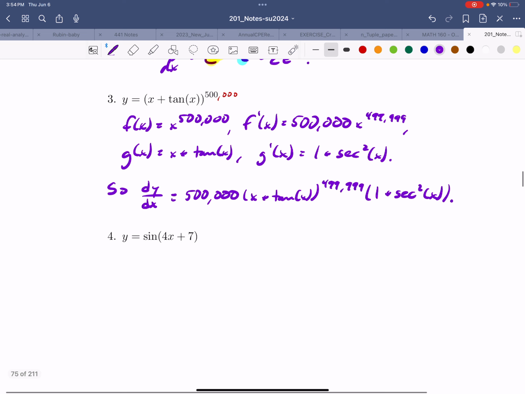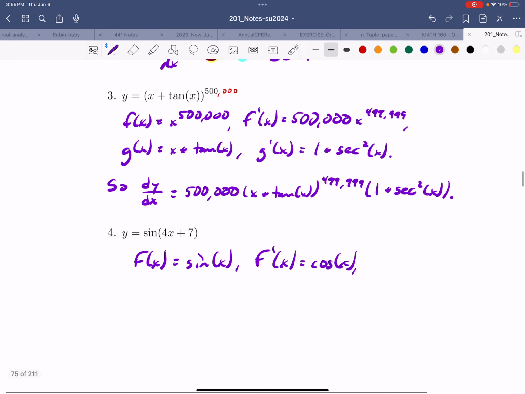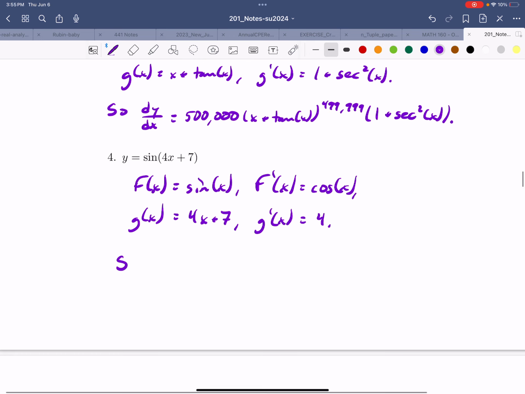Okay. And last but not least, try doing it on your own. Try pausing the video and doing it on your own. F of x equals sine of x. So f prime of x equals cosine of x. G of x equals 4x plus 7. G prime of x equals 4. So dy over dx equals cosine of g of x times g prime of x, or written a little bit nicer,